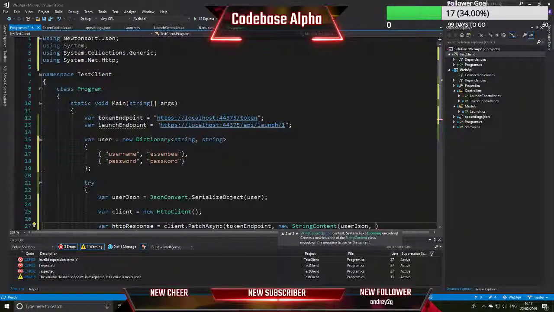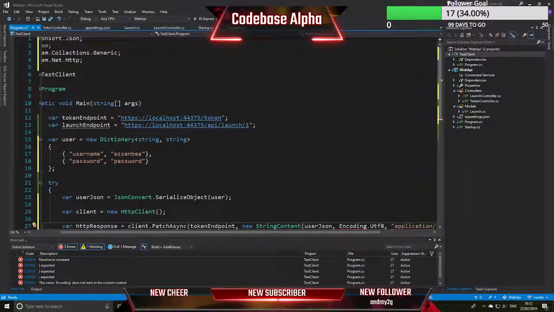So if we use encoding UTF8, capital E for encoding there, and we just make sure it's going to be application